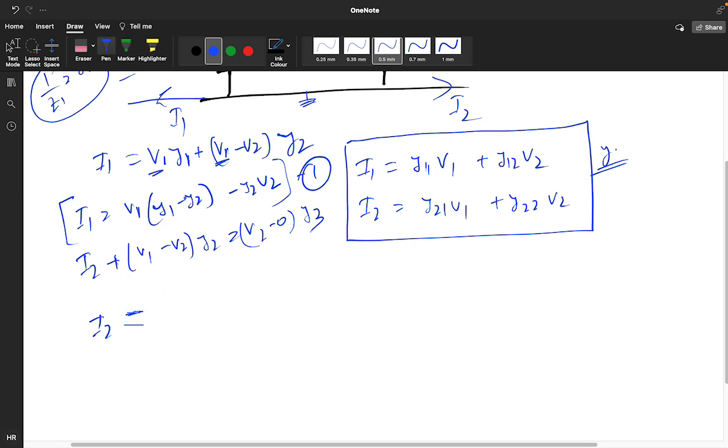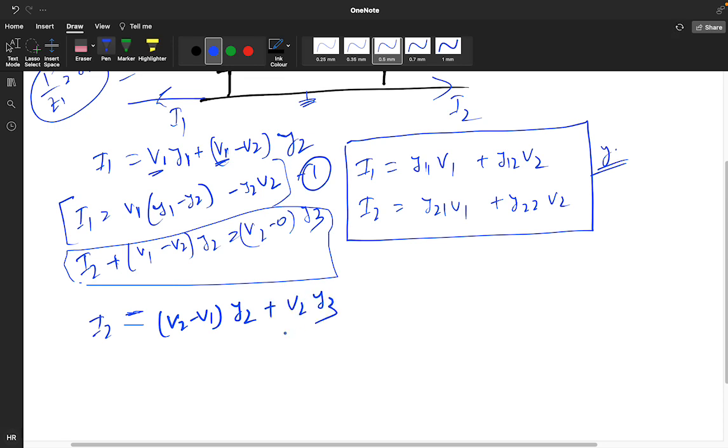I2 equation like this. What we are getting, I1 is equal to V1 into Y1 minus Y2 into V2. So if you solve these equations, what results will we get? We will get V2 minus V1 into Y2 plus V2 Y3. Sorry, Y2. If you take V2 as common, what will come? Y2 plus Y3,